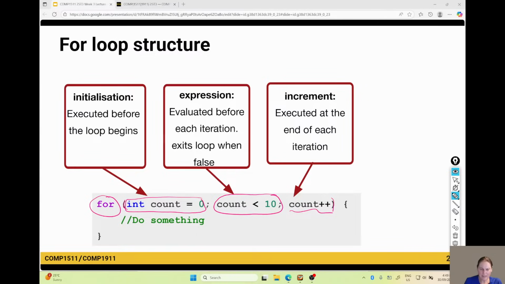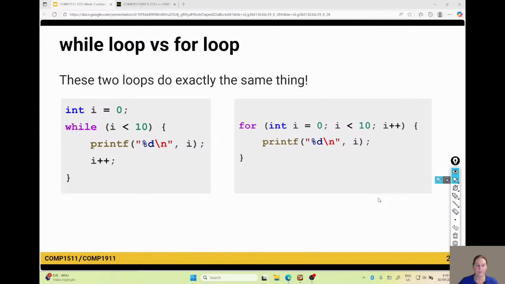Even though it's all sitting right at the top, the initialization only gets done once before the loop starts. The condition gets done every time, just like in a while loop. The increment also gets done every time at the end. So it looks like it's all happening at the start, but this is almost identical to a while loop. So let's compare.